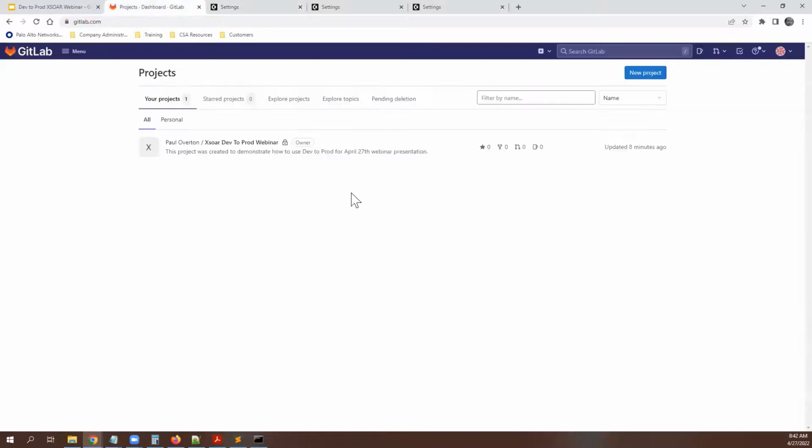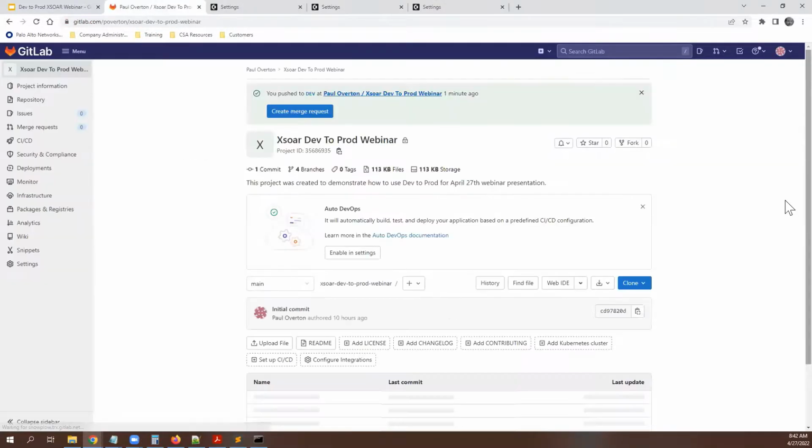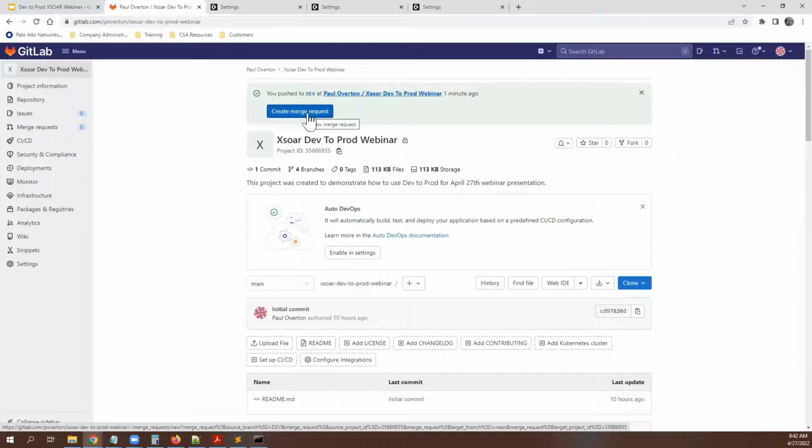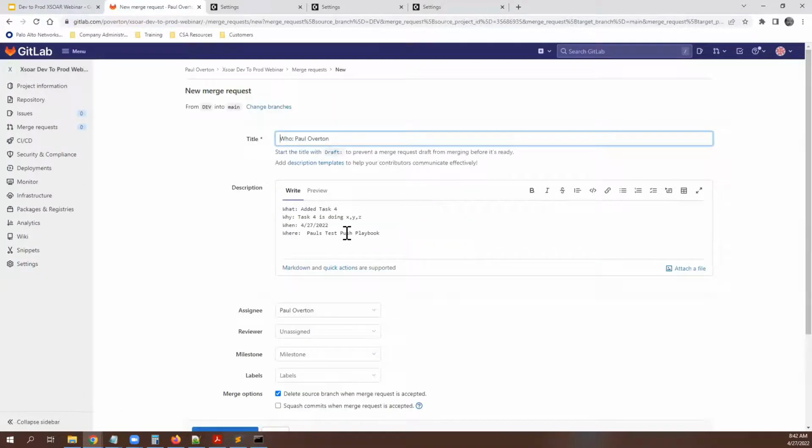So I push those changes. Now I'm going to go to my Git. Okay, and I'm going to go ahead and see, that was 1 minute ago. So I'm going to go ahead and create the merge request. So here I know that I pushed from dev. So now I'm going to go ahead and create that merge request. And here I have what added, task 4, why task 4 is doing X, Y, and Z, when, where. I can change this title. It brought the who in. So I can just change this to